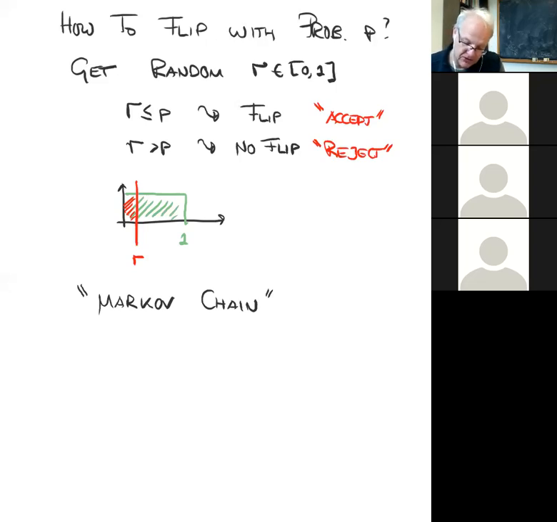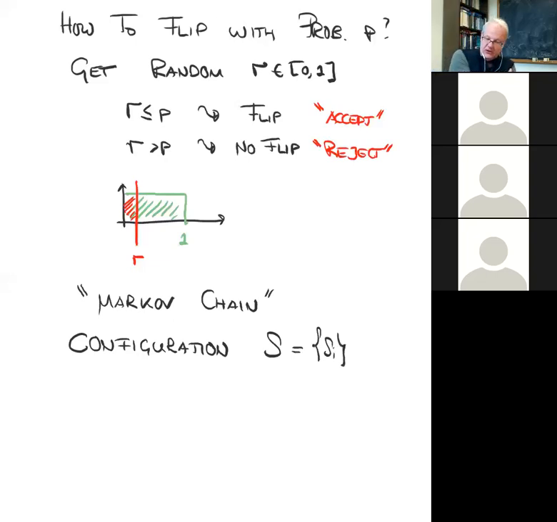And what we mean by Markov chain here is simply the following. So you have a lattice, and the spins on that lattice were somehow initialized in some way. So there's a configuration, let me call that S, which is you tell me what the values of all of these spins are. And then effectively, what a Monte Carlo algorithm like Metropolis will do is it'll take one configuration and it provides a rule to making another configuration.